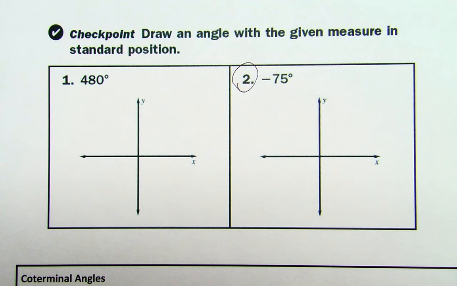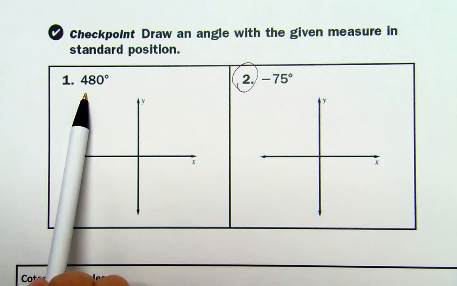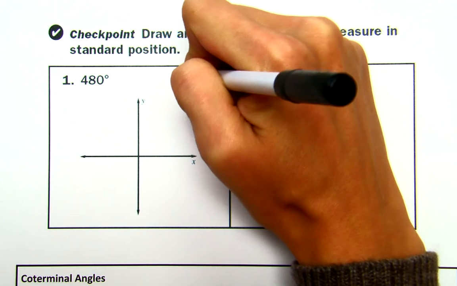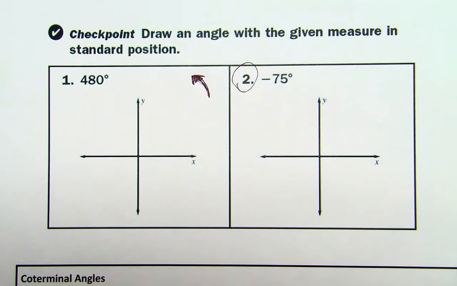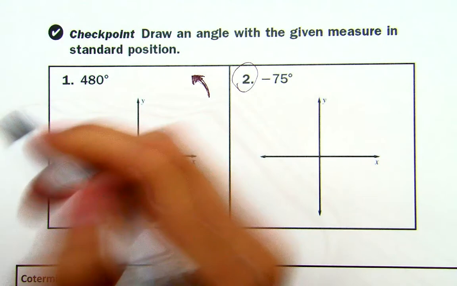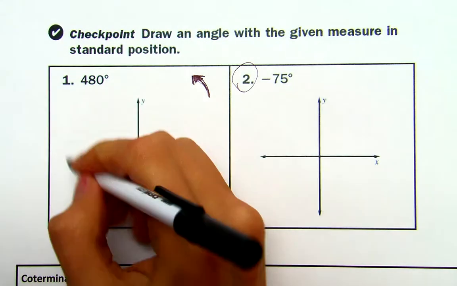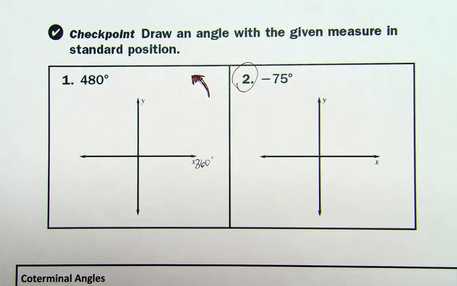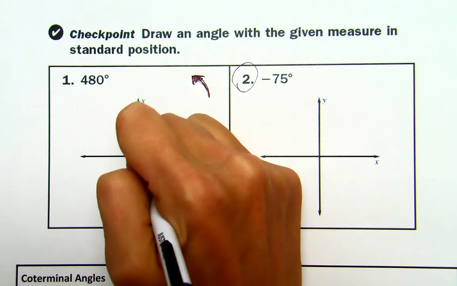So if we wanted to draw an angle in standard position that is 480 degrees. 480 degrees we know is more than one full circle around our X and Y coordinate plane in the positive direction. So we know we're going to be going counterclockwise. I'm going to put an arrow going counterclockwise to remind us to be going counterclockwise. We also know that 480 degrees is one full circle all the way around because one full circle is 360 degrees. So to get an idea as to where 480 degrees is, we're going to start with our vertex,